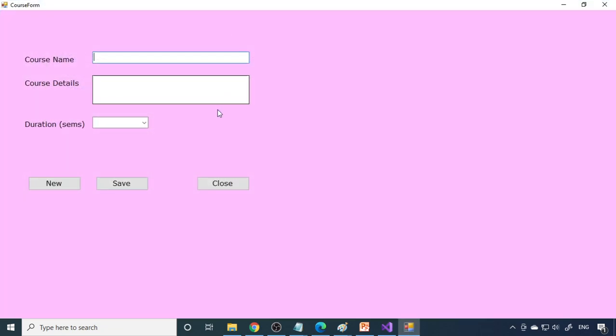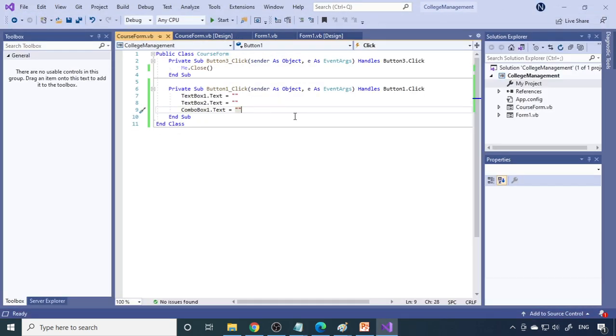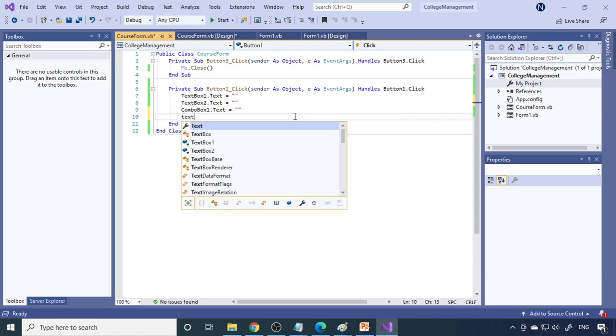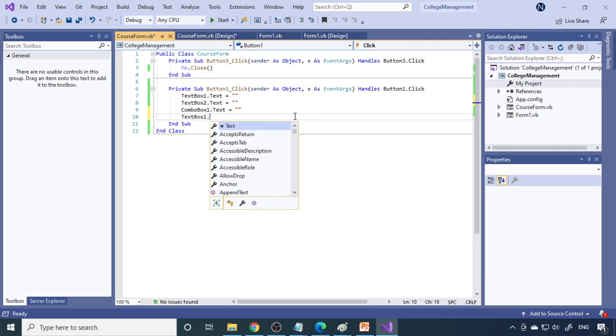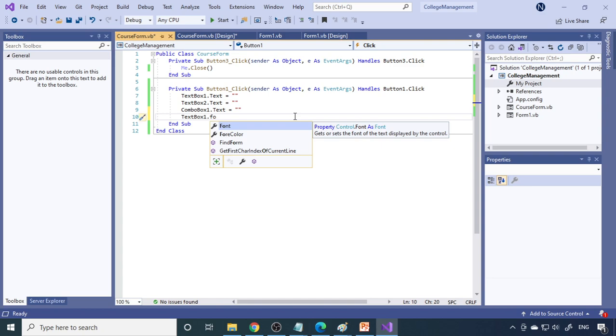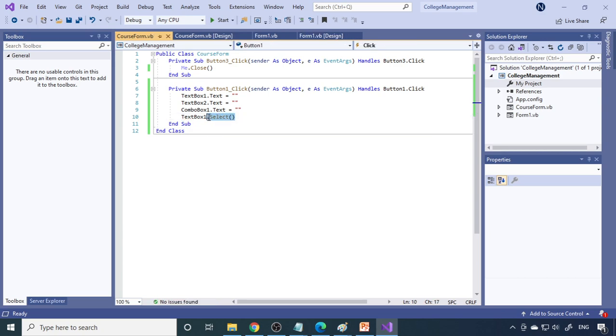Now we can test it again. So enter some data, and we select something. Now we say that it is the old previous data. When you click new, everything will be cleared. Now you can see that the cursor can be brought over here. In order to bring the cursor over there, you need to write TextBox1.focus. Okay, so it's not focus now. It is actually select. Earlier it was focus, now it is dot select. You have to give dot select.